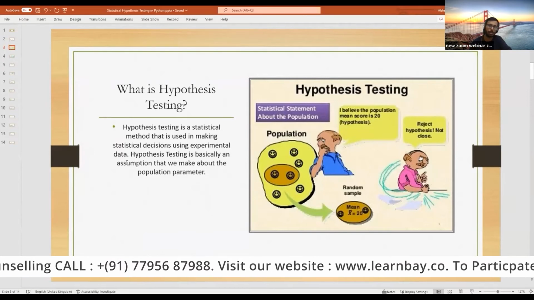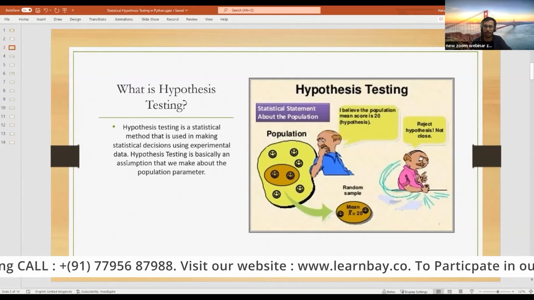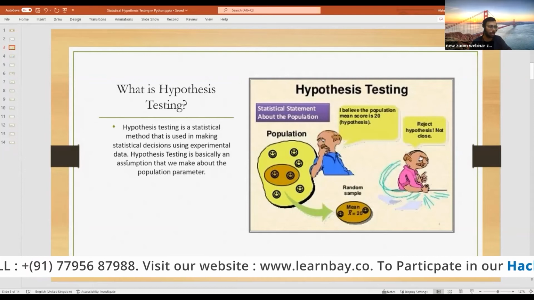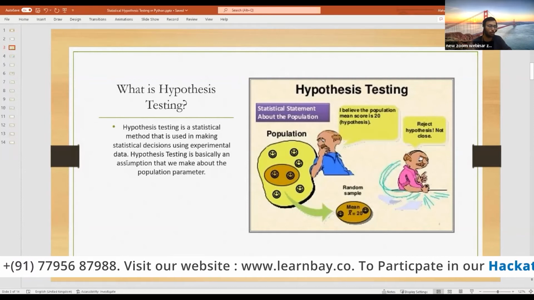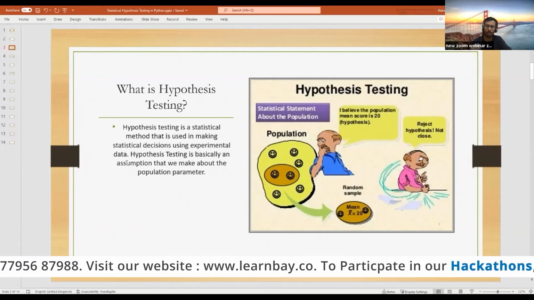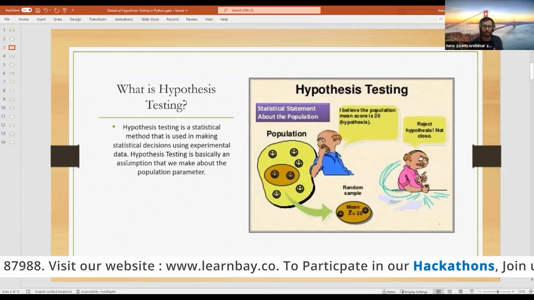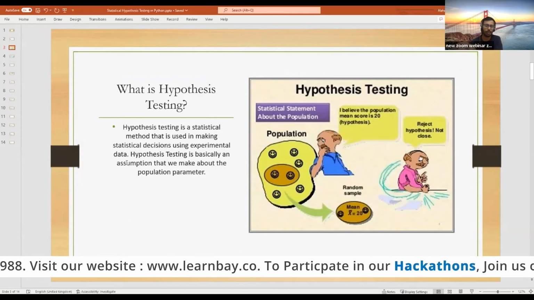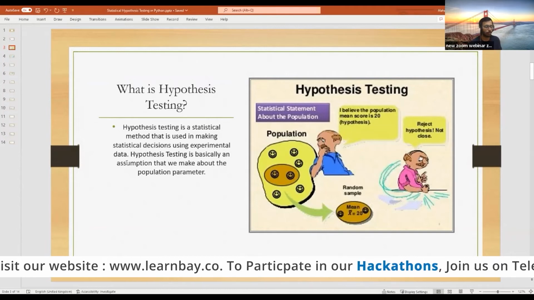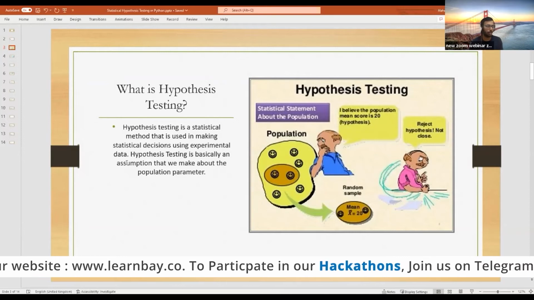So we have made some conclusion. Let's say I predict that the average age of my area is equal to the average age of the country. Let's say this is a statement I made. Now, in order to prove this correct, I will make some assumptions, and then I have some sample data. I have the data of the average age of my area, and the data of the average age of the country, right? So I will take the sample data out of the bigger data,